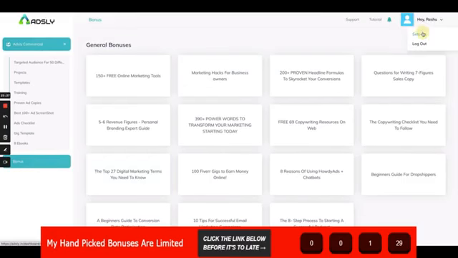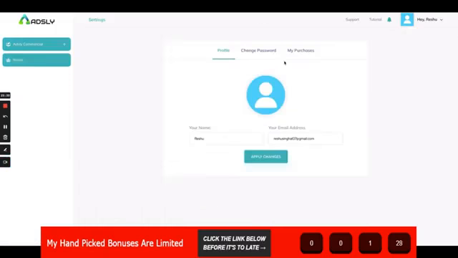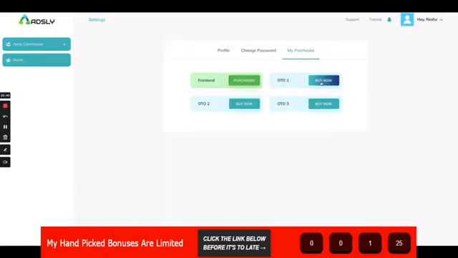If you wish to have access to all the upsells, it is very easy for you. You can simply go to the settings section, My Purchases, and you can buy it from here. When you click on this button, you will be taken to a page where all the features which we are giving inside all the upsells will be explained to you.